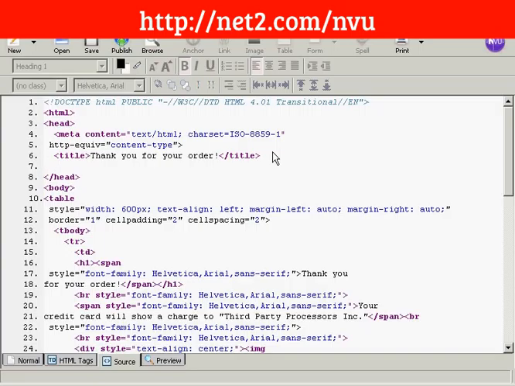So we type here left arrow meta space name equals quotes robots close quote space content equals quotes nofollow, noarchive, noindex,